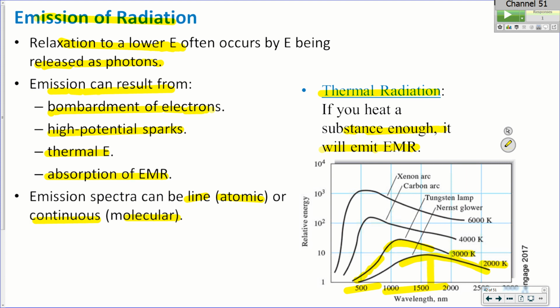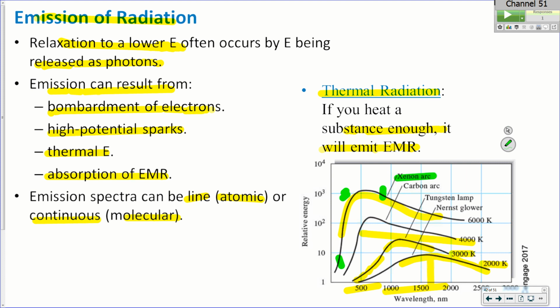And if you get hotter and hotter, it starts to shift towards lower and lower wavelength. So there are different types of lamps we can use to get different types of information, because they now match the wavelength regions we want. A common one that we use is a xenon arc lamp. It emits strongly through all of the UV and the vis. If we think of the UV starting down here at about 200 and going up to about 700, it's got a very strong output there.